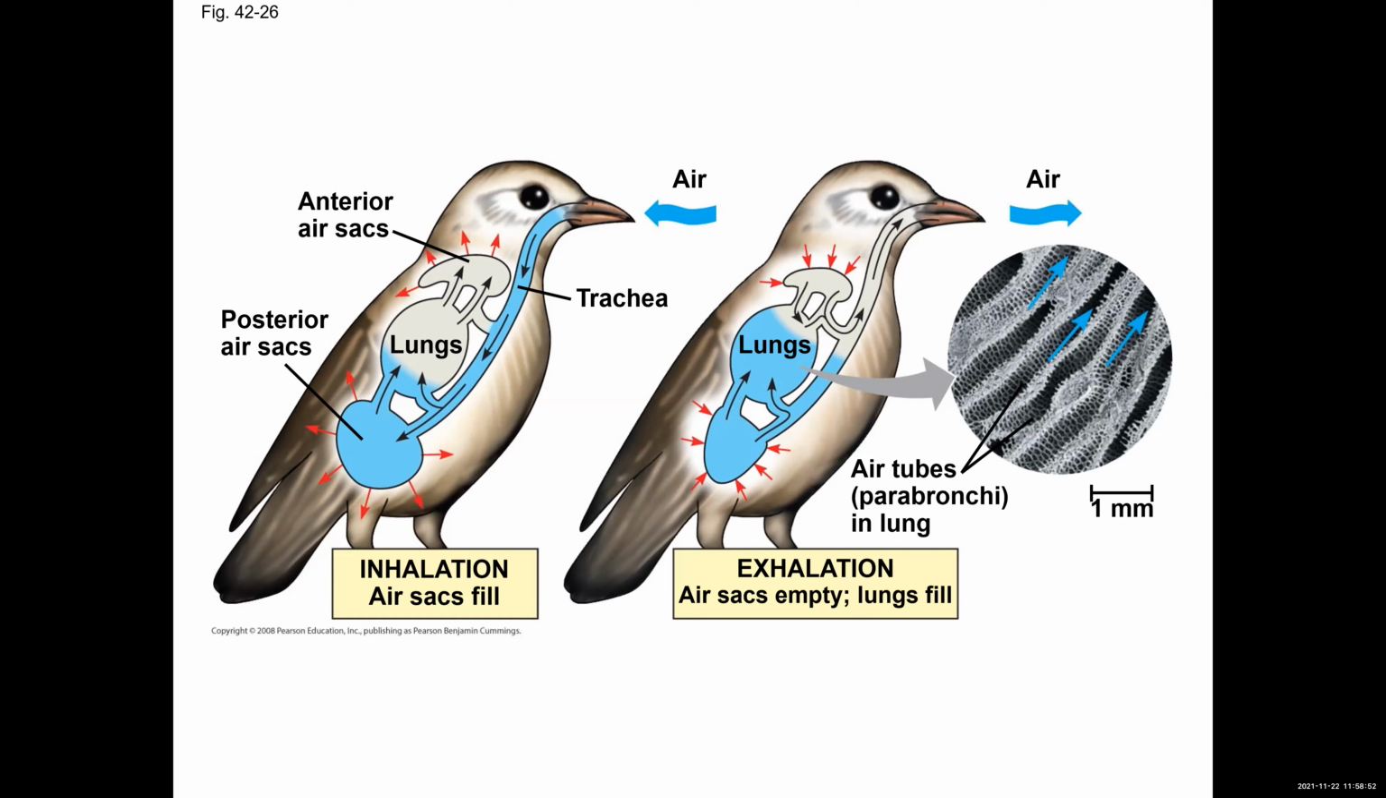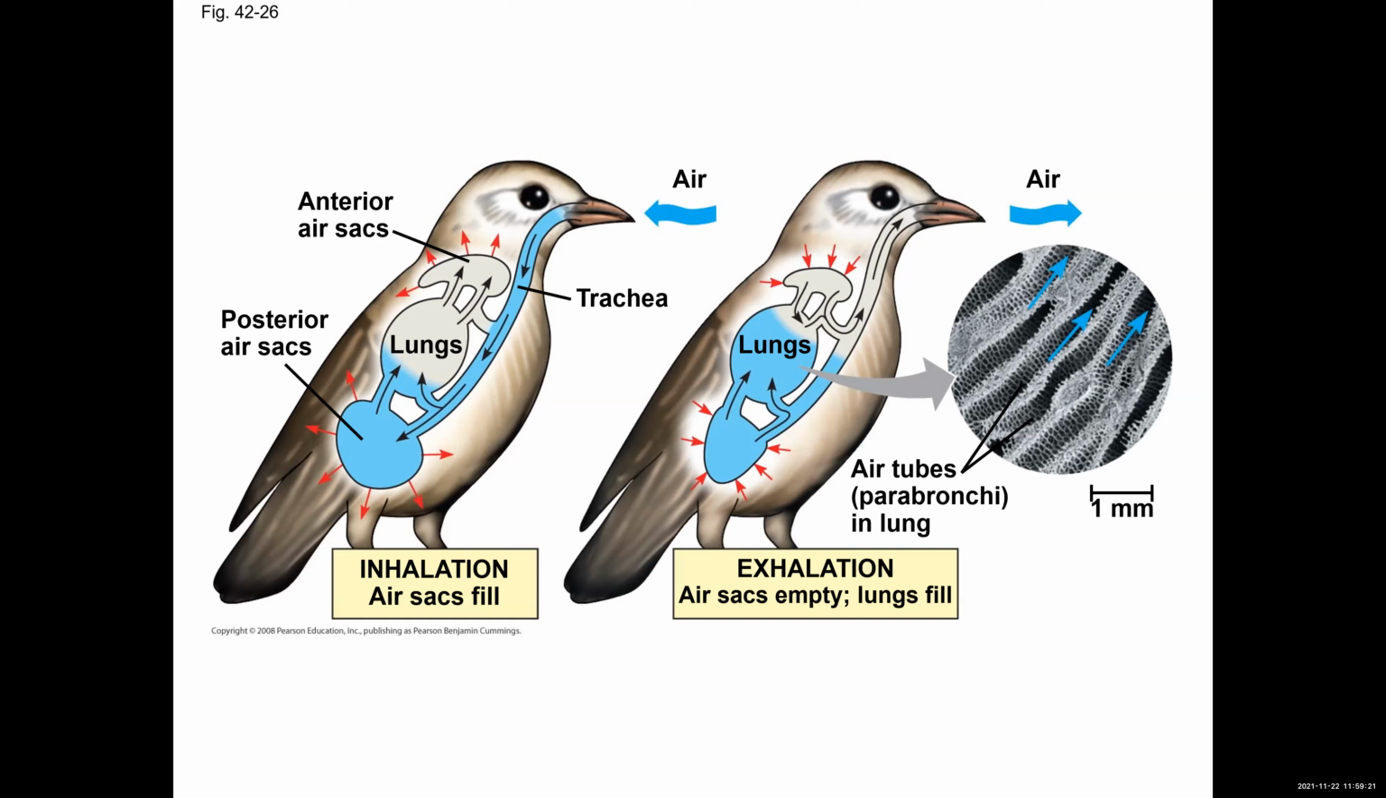The way they do this is that instead of having the lung be the part that through negative pressure they're sucking the air into, they have several air sacs. They have air sacs that are anterior to the lungs and also posterior. When they first inhale, the air goes to the posterior air sacs. They are posterior to the lungs. Right? So by negative pressure, they're going to inhale,